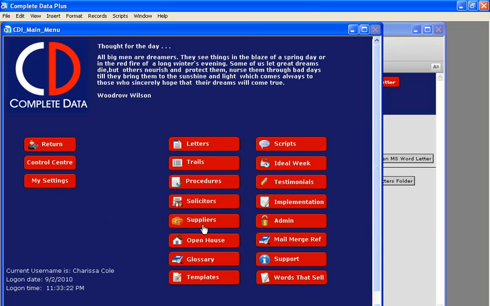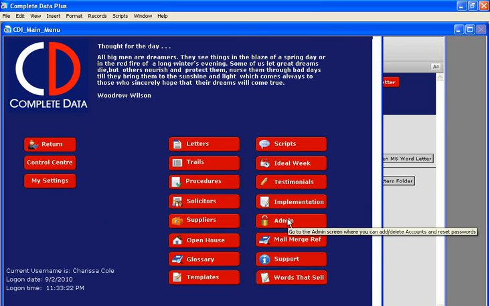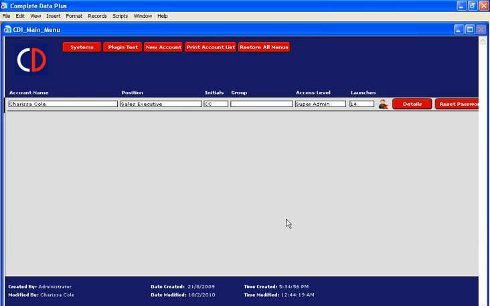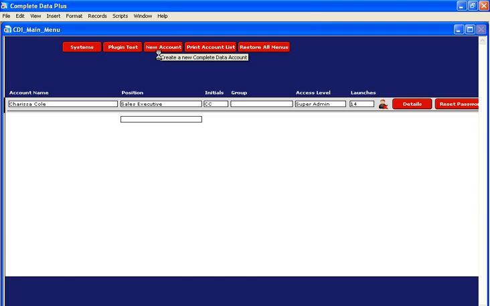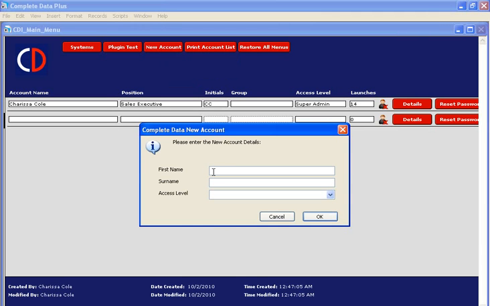We're going to come in and hit admin. This will open up our admin database. You'll come up here and hit new account. From here we'll need to populate the details of the person that we're adding an account in for,